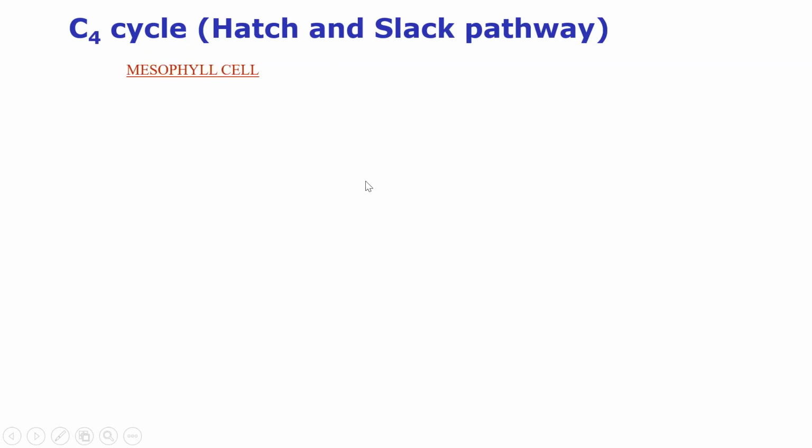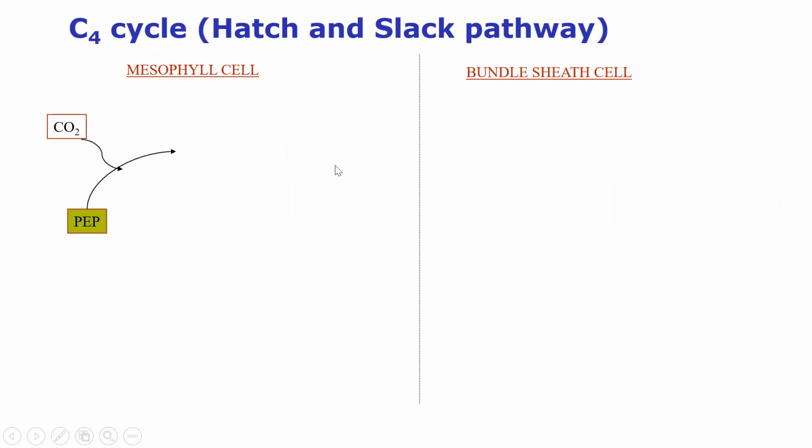So first of all, have a look at the C4 cycle. I told you there are two cells, mesophyll cell and bundle sheath cell. Okay. Now the cycle begins with PEP, that is phosphoenolpyruvate, which acts as a CO2 acceptor. That is a 3-carbon compound. So the moment it binds to CO2, it forms a 4-carbon compound, that is oxaloacetate. And the name of the enzyme is PEPcase. Okay. So in the presence of this enzyme, the CO2 binds, and this 4-carbon compound is formed. This is the first stable product, and that is why we call it the C4 cycle.